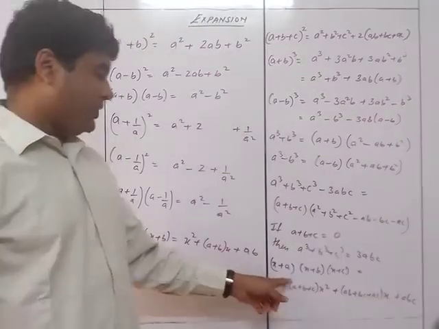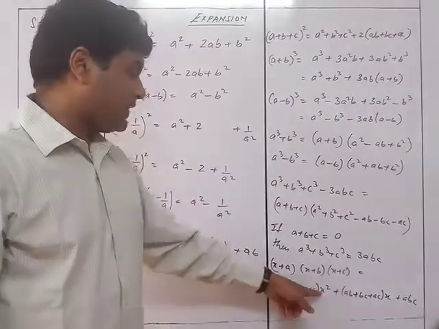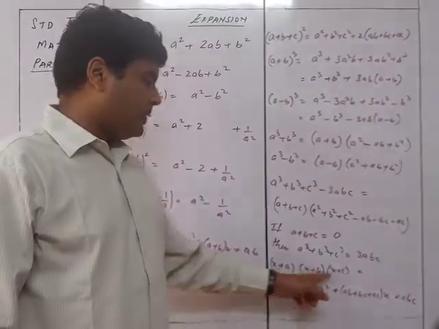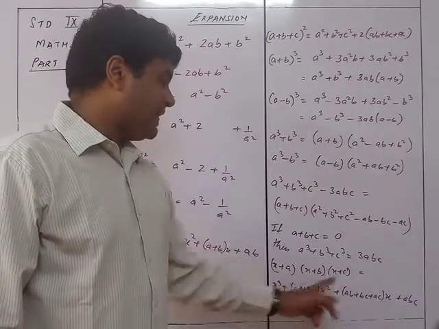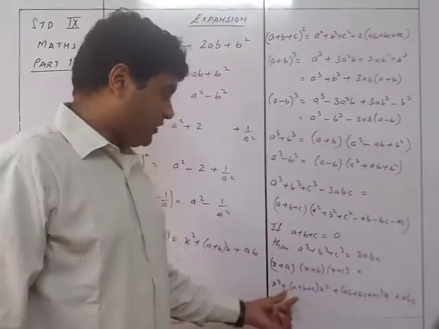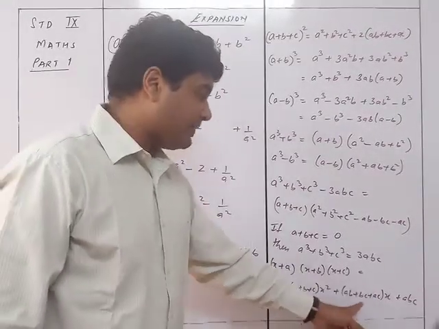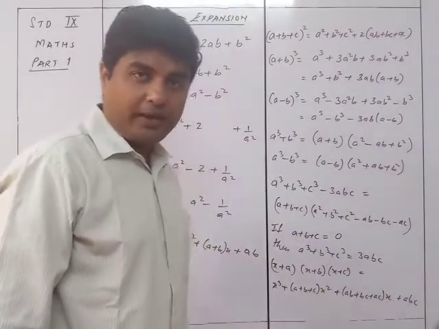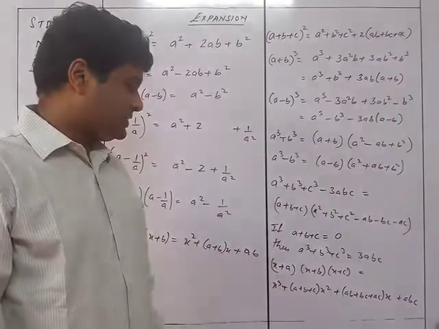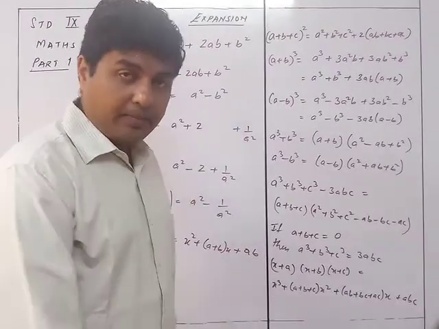When it is like this, what will happen? 3 है इसीलिए x क्यूब पहले, उसके बाद x स्क्वायर के साथ में क्या आएगा? a प्लस बी प्लस सी, फिर x के साथ क्या आएगा? ab, bc, ac, and then so first term x cube, x square के साथ में single terms, x के साथ में double terms, and then only a into b into c. So that's how you can remember the identity number 14.